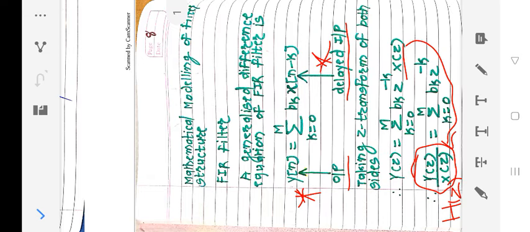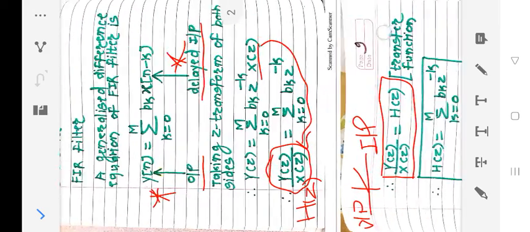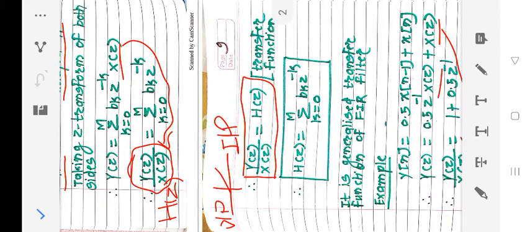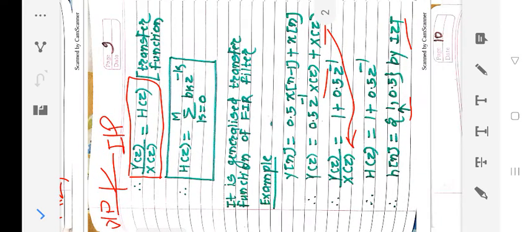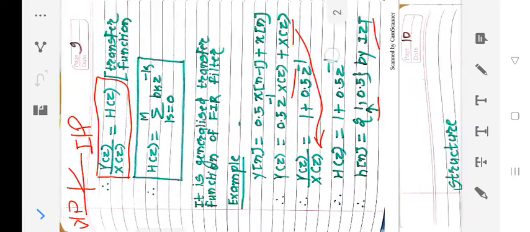So we have taken the Z transform and mathematically we have derived that H of Z is summation k varies from 0 to M, b_k z to the power minus k. We have solved one example by Z transform, and by IZT we get this term, that is 1 comma 0.5. IZT means inverse of Z transform. So here h of n is countable, that's why the filter is termed as finite impulse response.